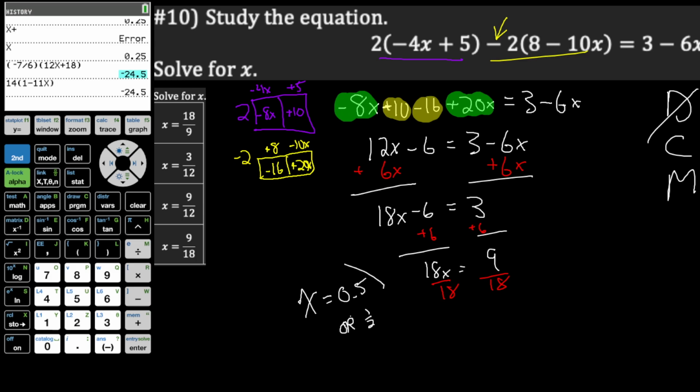Either way works. And so if I actually look at my answer choices, I see that my answer is right here. I have x equals 9 over 18, which is the same as what I had. So I'm going to pick that last choice. Again, you can plug that value back into your original equation. Use that store function on the graphing calculator. Be sure to ask